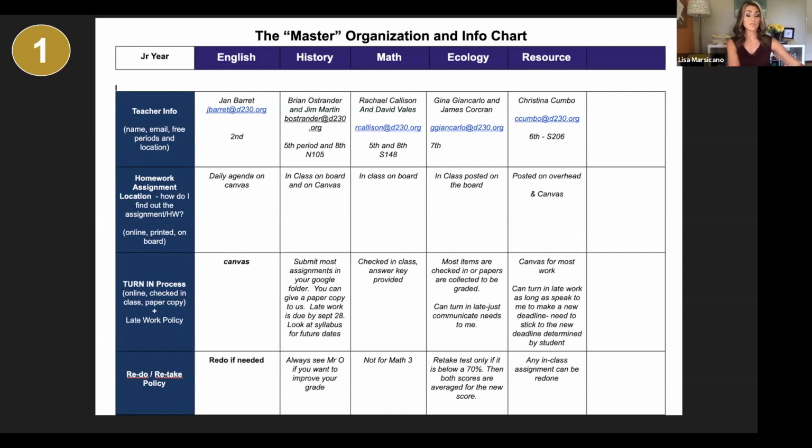You can get out a giant sheet of paper, kind of like this. I love giant paper for planning, for study guides, for processing information and writing things out, planning papers. But it's also great to just write a chart out and stick it up on your wall. You can use a poster, a whiteboard. You can do a Google Doc like you see here. So I want you to put your classes across the top, and then this kind of goes on. It's a really long Google Doc, so I have it on 3 screens, but get your teacher's information in here.